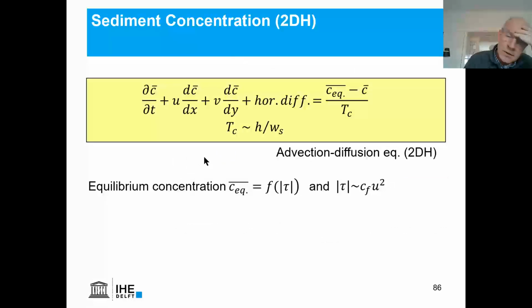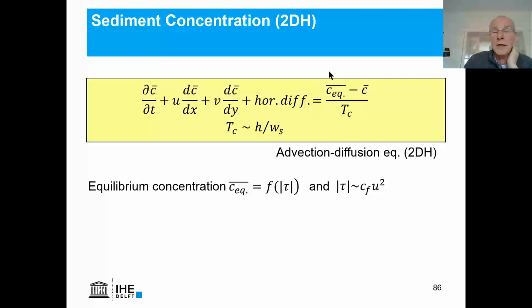For many cases, we don't need to solve everything in 3 dimensions, and we're mostly interested in the horizontal patterns of the flow and the wave-driven currents. In that case, we can simplify the advection diffusion equation to a 2-dimensional advection diffusion equation for the depth averaged concentration. And what you see here is that the source term now, this is an approximation that